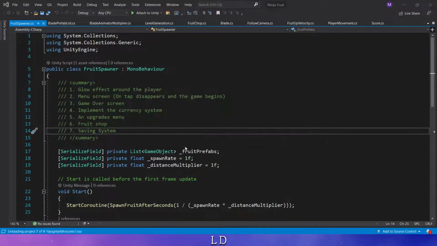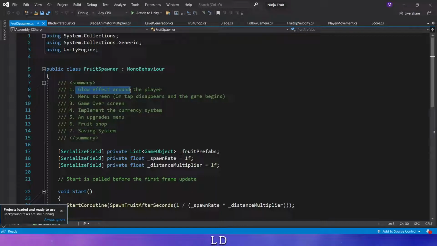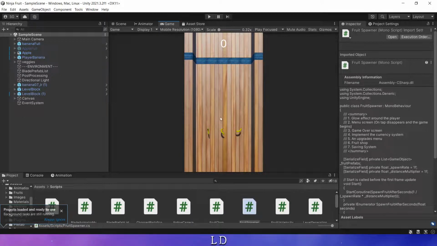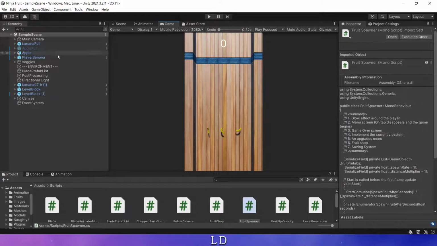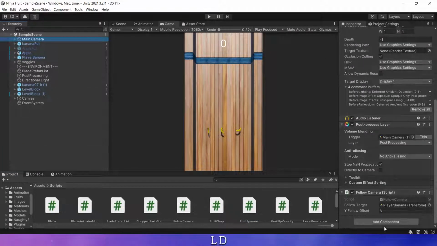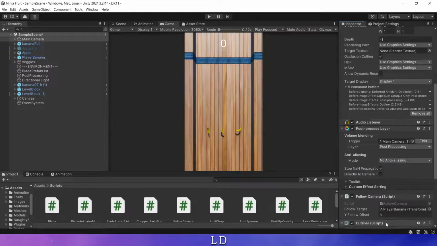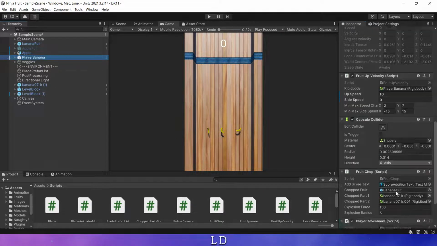Let's check out the plan that I made last time. In the script, as we can see, first things first, we need to do the glow effect around our player fruit. So let's do that now. I've imported a package in Unity and it should allow us to make this glow effect. I don't quite remember how it works, but I think there is like outline. Yeah, there's an outliner, and then there is an outlineable,